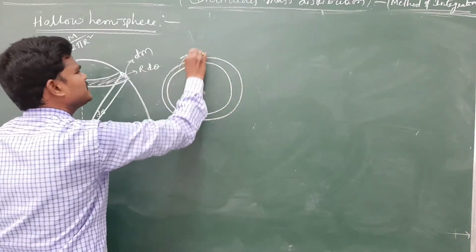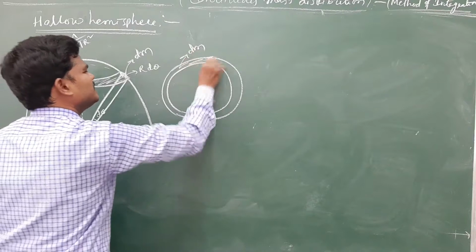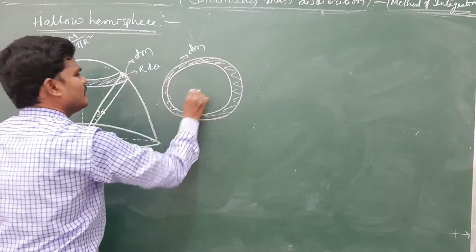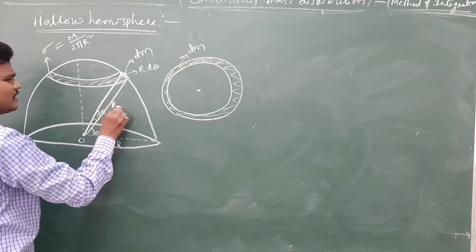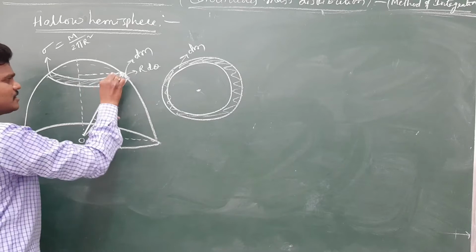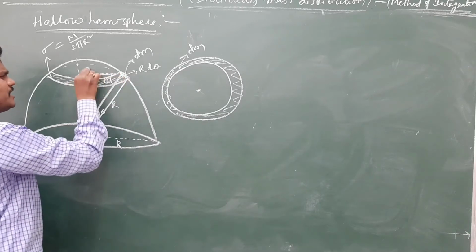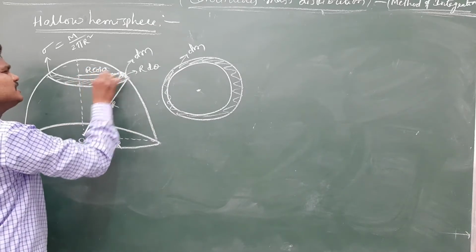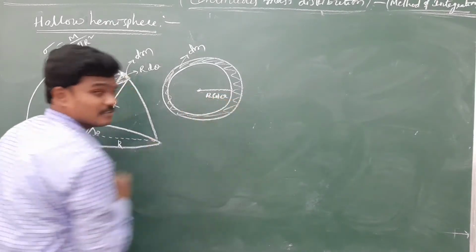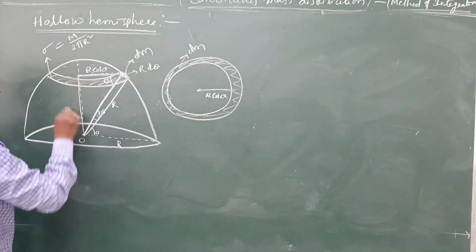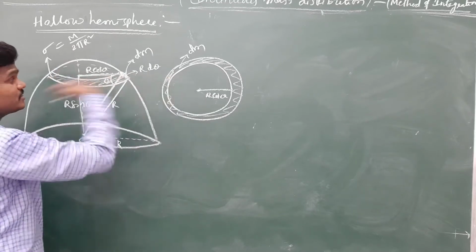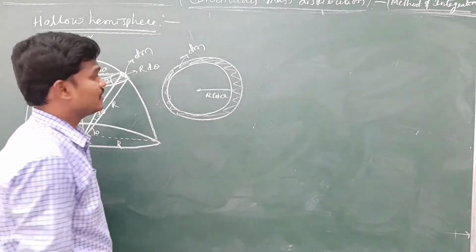See, this is the top view. This mass is dm, and the thickness is very clear, r d theta. And see, this is r, and this is theta, this is also theta. So this component is no doubt r cos theta. So the radius of this part is r cos theta. And this component is very clear, r sin theta. The y coordinate is r sin theta, the x coordinate is r cos theta.